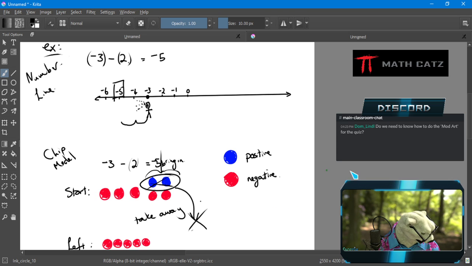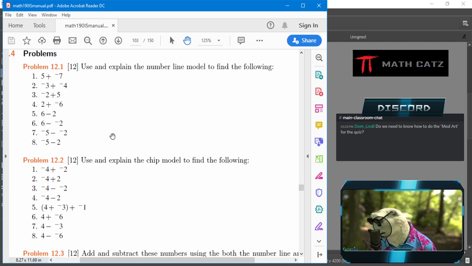Mod art, no, that is just for fun. For the in-class course, sometimes I use that as an extra assignment, but we are not going to do that. It's too hard to really do when we're not together in person at some point. So you can completely ignore the mod art if you want.